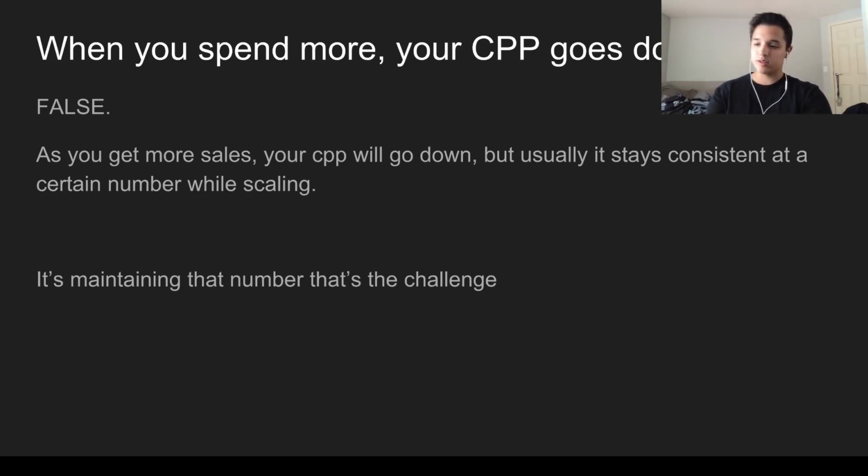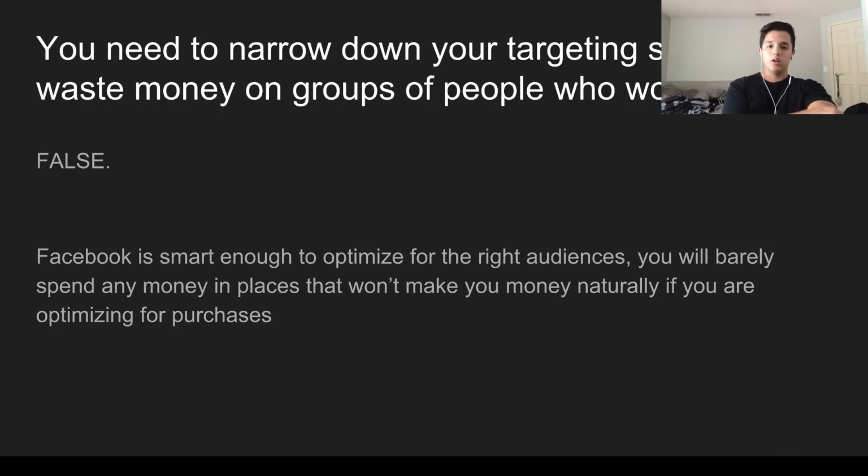So everything is good from the start, most likely. Not everything, but some stuff is good from the start, but it doesn't continue that specific cycle that will make them a ton of money with a 200 ROAS. Most stuff, if it settles around a 3 to 5 ROAS for a dropshipping e-commerce product ad, then that is very good. You're going to be making some money, and you could scale that up. Maintaining the number is really what it's all about.